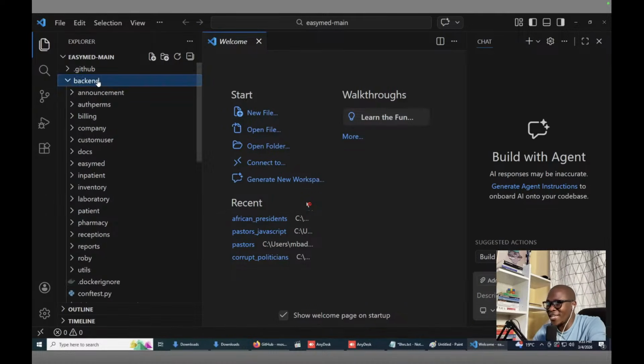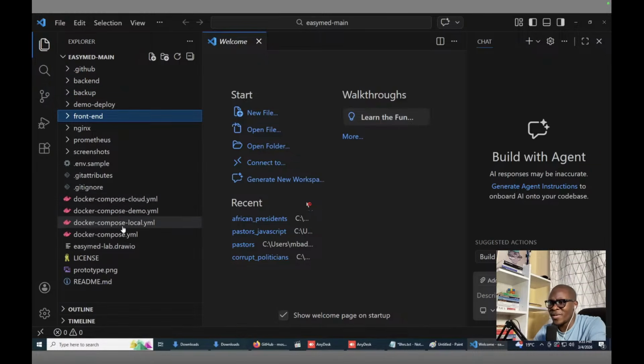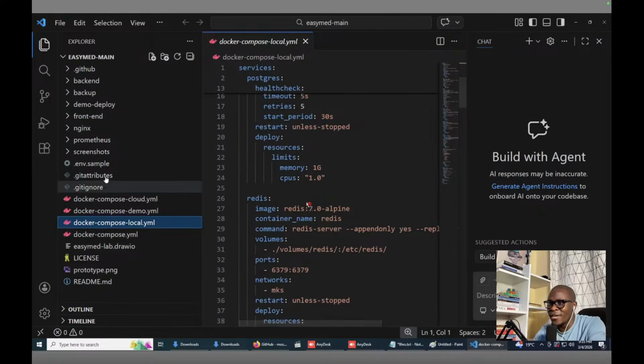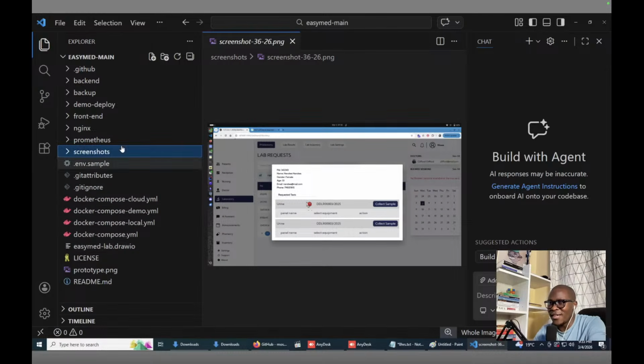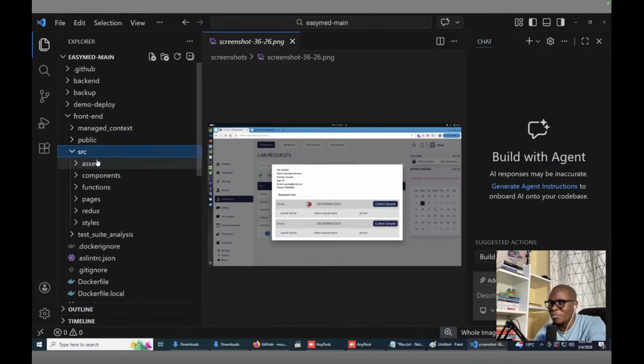So we have the back end, we have the front end, we have Docker Compose. What the heck is this? But if we open, we see a bunch of code. We have screenshots here that show what the project is about. If you go inside the front end, more folders, more